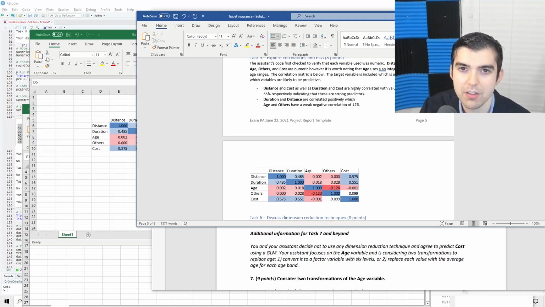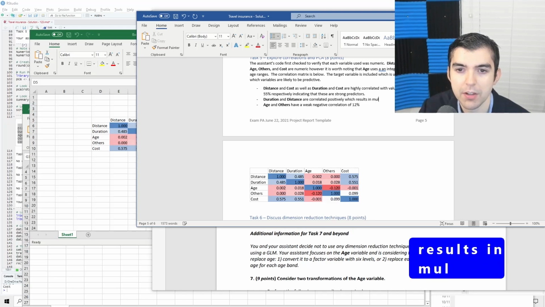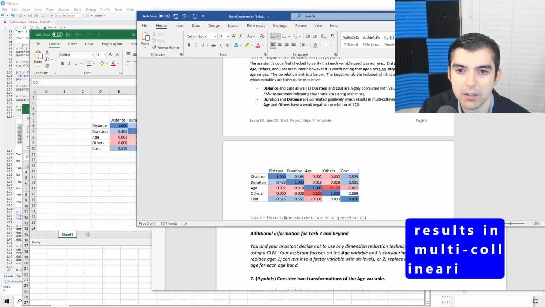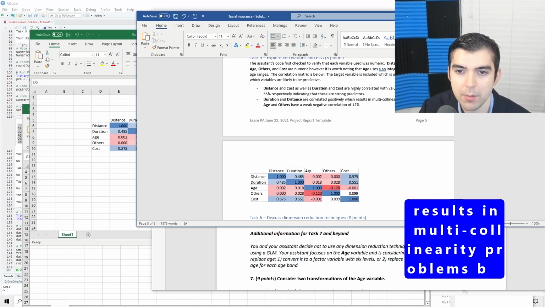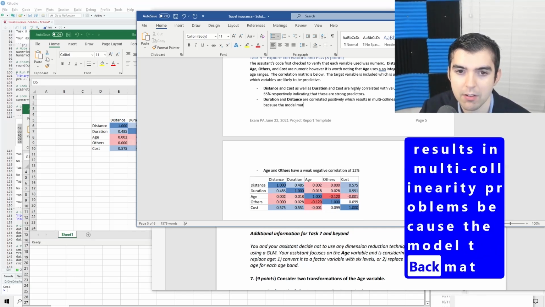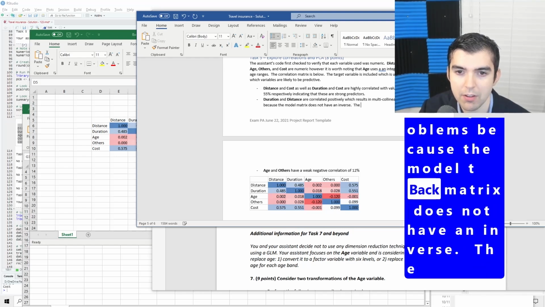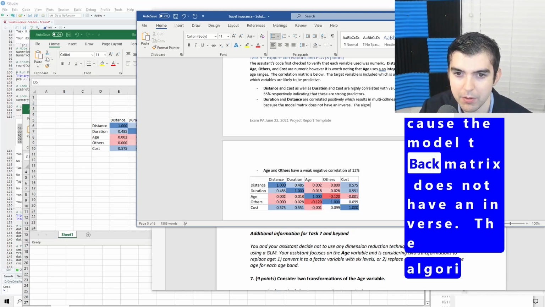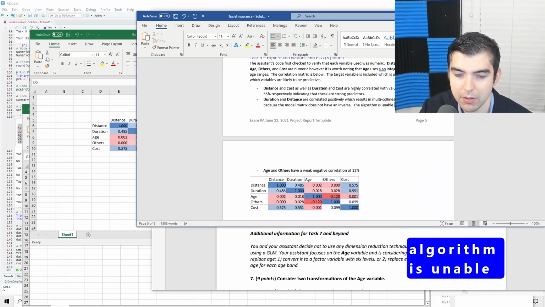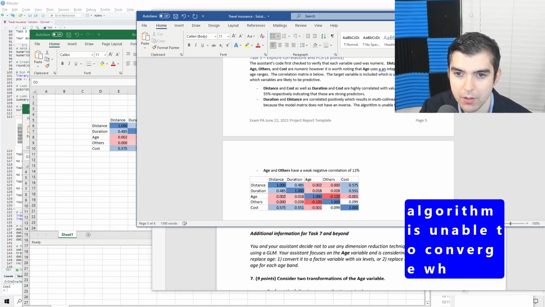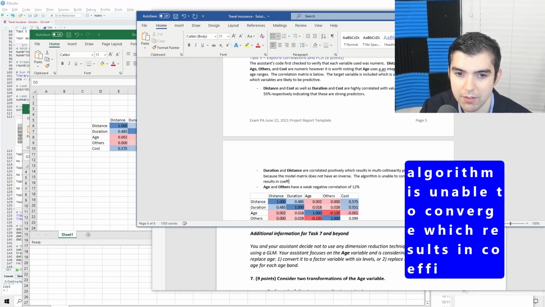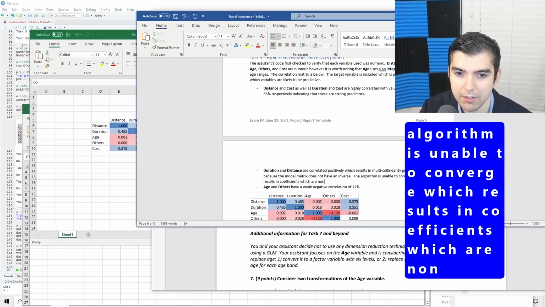And then you get coefficients that are NA. This is also called multicollinearity problems, because the model matrix does not have an inverse. The algorithm is unable to converge, which results in coefficients which are nonsense.